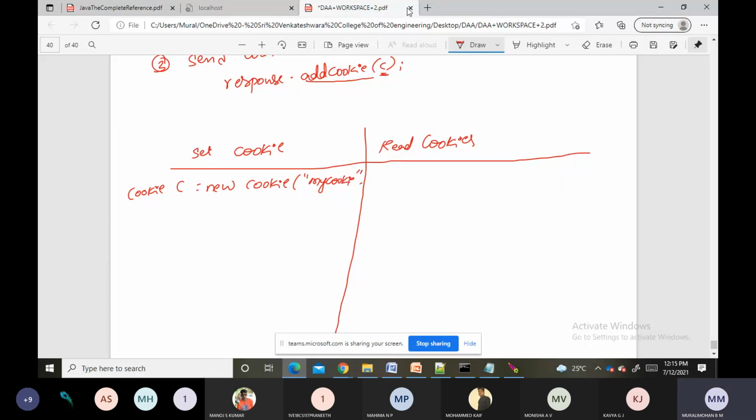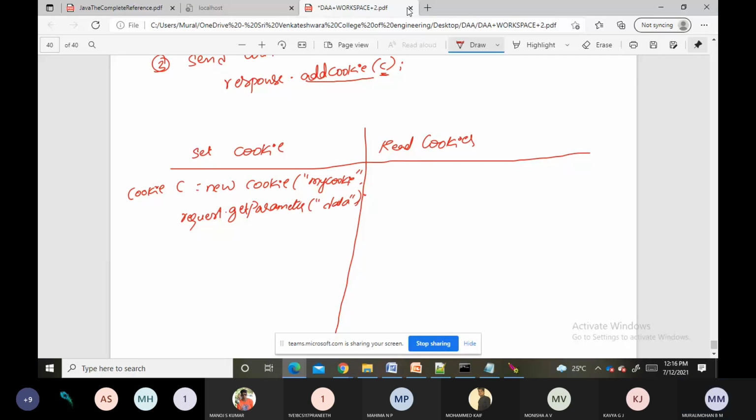And next, what is the value? I can read the value from the HTML form as request dot getParameter of whatever name we have. So this is the value of my cookie.